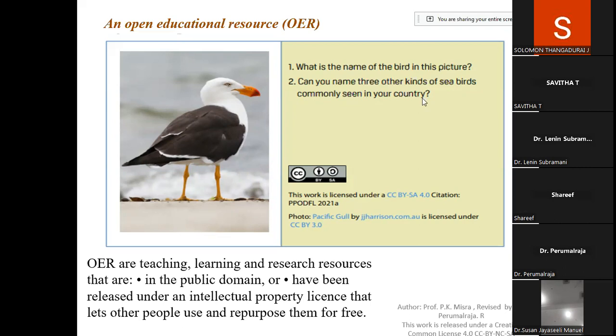Now we have an idea: public domain does not mean that whatever is available on a website is public domain. Public domain has a different meaning in our Indian Copyright Act, so I'll discuss these public domain aspects a little later. Basically, if the content is marked with CC, meaning a Creative Commons license has been given, then it will be considered an OER.